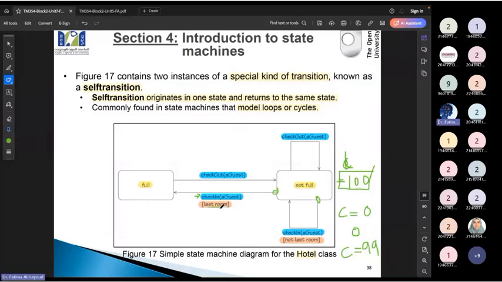So that means this is the last room. So this condition will happen. So let's now assume we will follow this one. I'm gonna check in, and it's not a last room. I just have a 0. So I'm still not full. أنا حاليا عندي 1 room. And I'm gonna have another guest check in. Is it a last room? No, it's not a last room because I have 1. So then it's gonna become 2. Another guest check in, and another guest check in, until I have 99 check in.